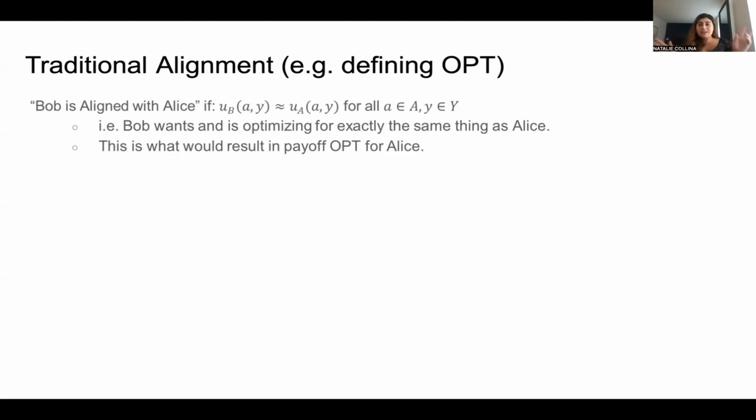So traditional alignment, in this setting, would be if there's a particular AI company whose utility is exactly the same as Alice's, right? So for any combination of action and state, the company is exactly as happy as the downstream user is. That would be nice, right? But I think it's pretty unreasonable to expect. But if that did happen, then the utility that Alice would get, we're going to call it opt. If one of the companies was just trying their very best to give Alice as helpful information as possible, we can call that opt.